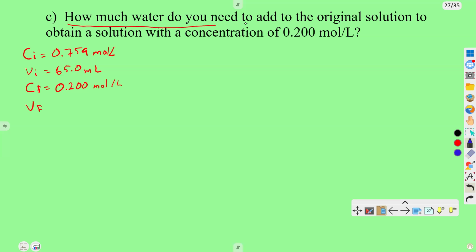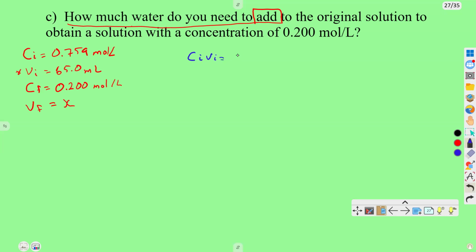And the key here is adding. We are adding this amount of water. So we're going to find the volume of the final solution, but we're going to have to come back and adjust it to see how much water we've added. So I'm going to come back to that in just a second here. Just want to switch colors. Okay, so